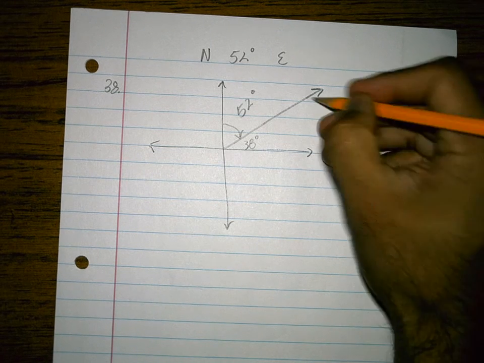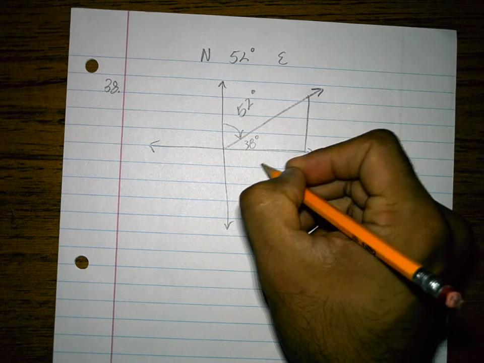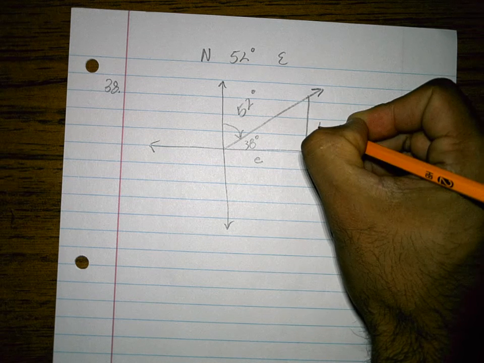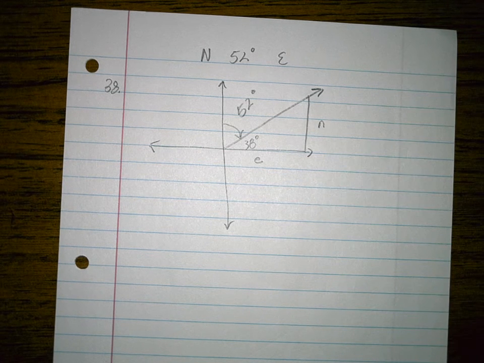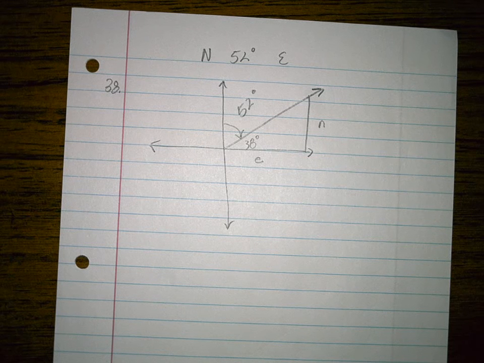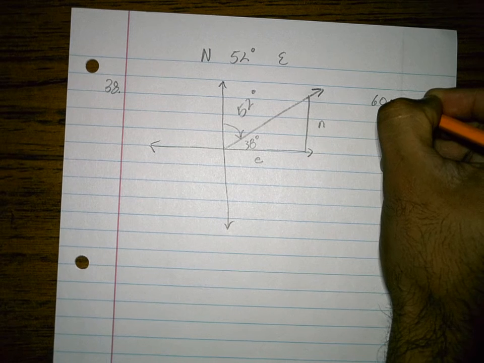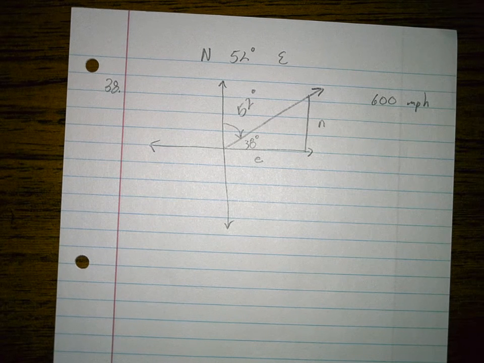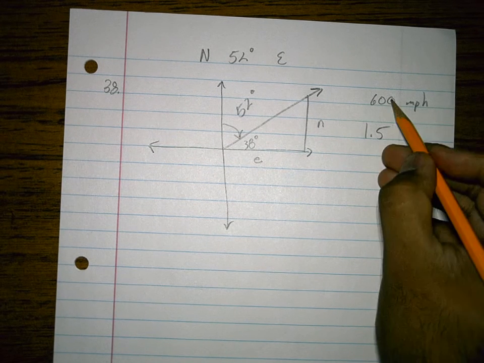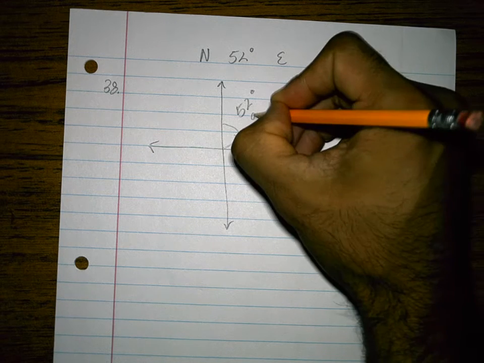So when I want to figure out how far north and east, I'll label this the east and this the north. We got to figure those sides out. I need to find at least one side. In this case, I'm going to try to figure out the hypotenuse, or the radius, and we know he's going 600 miles per hour, and he goes for an hour and a half, 1.5 hours. So in 1 hour he'll go 600, and then the half he'll go 300. So this is 900